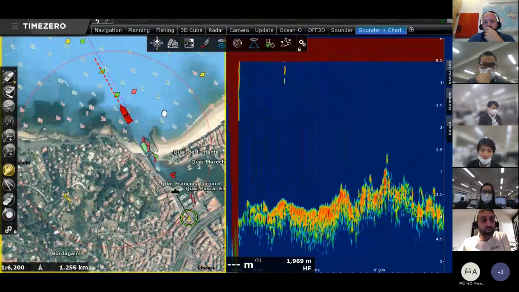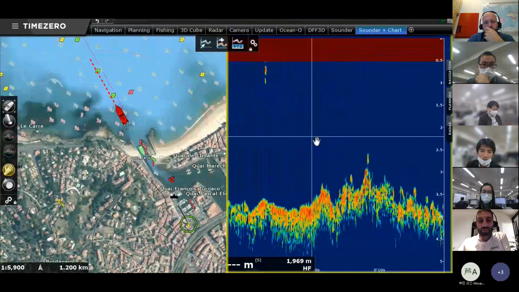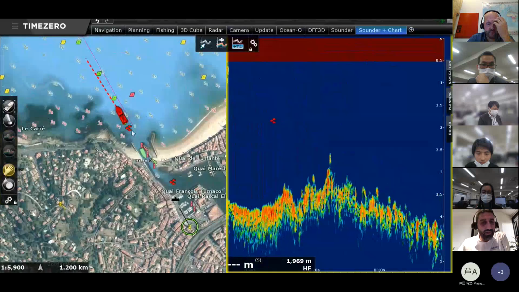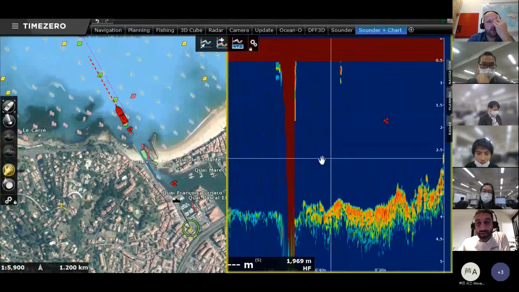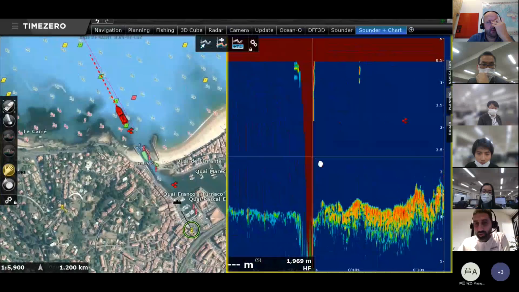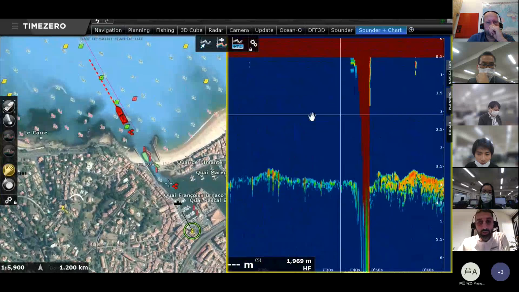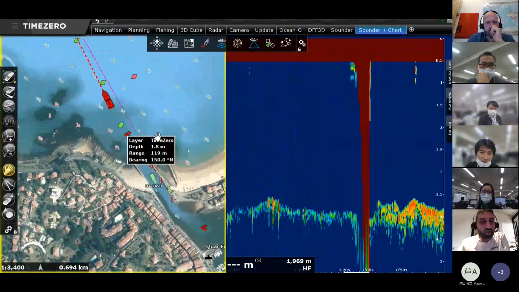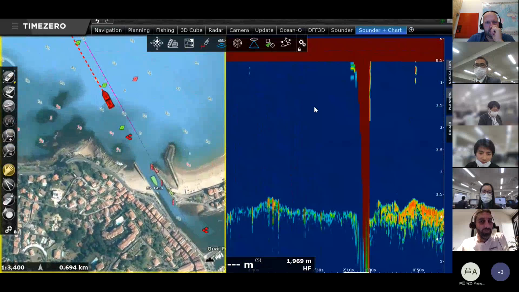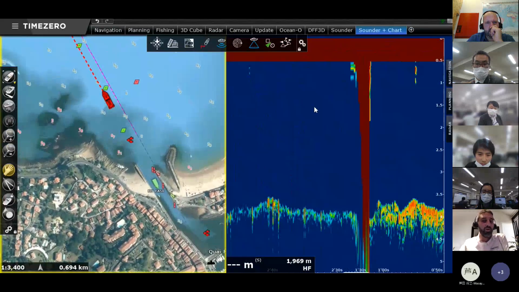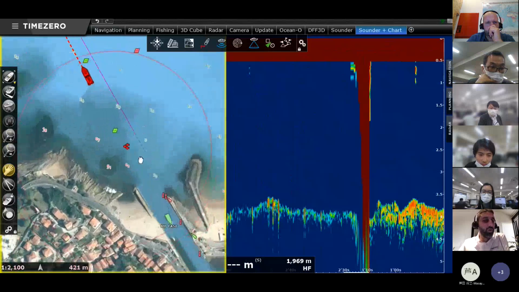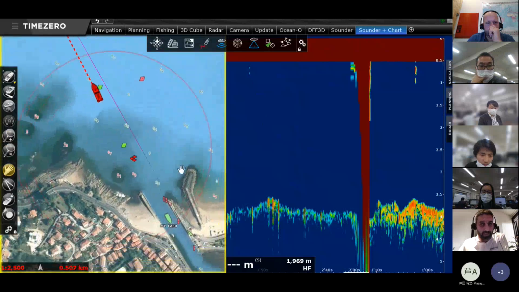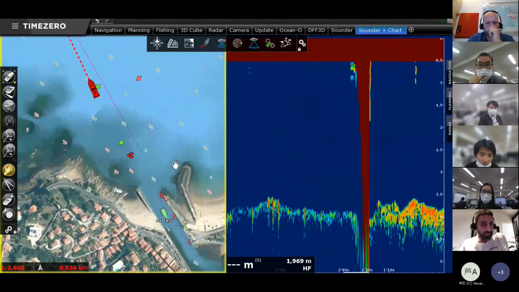And basically, when you create a mark on the sounder picture, the nice thing is that it's geo-referenced. You see that mark that is on my sounder here. First of all, I can go back in time, which is pretty powerful. I can go back and see all the marks that I have created, but also the mark that I have created is now here on the chart. So if you spot some fish or a school of fish on your sounder image, it's extremely powerful to be able to create a mark and have it stored on your chart. That's a really nice feature.